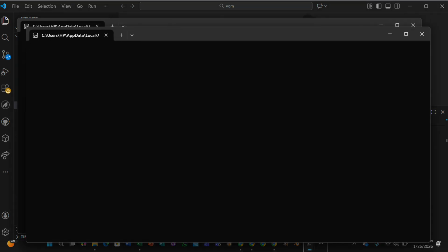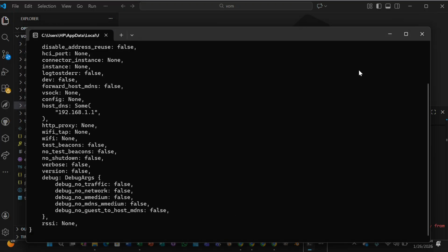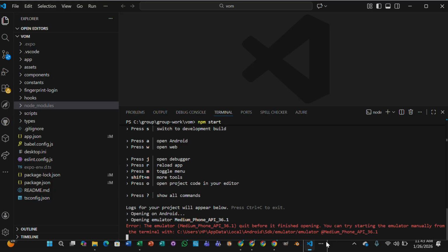Then it will open something like this. Let me see if it will work, hopefully. The emulator refused, quit before it finished opening. The emulator medium API quit before it finished opening. You can try starting the emulator manually from the terminal with